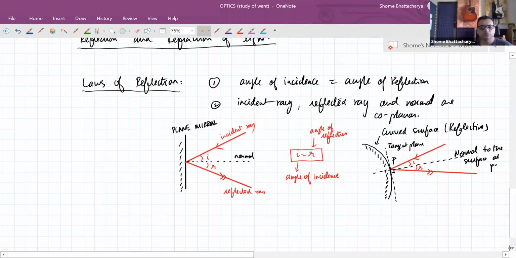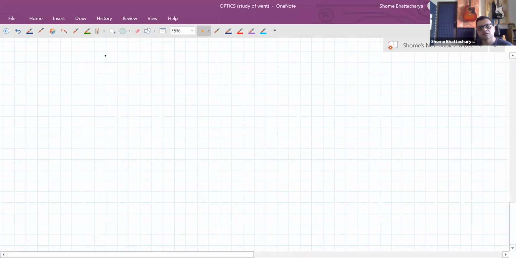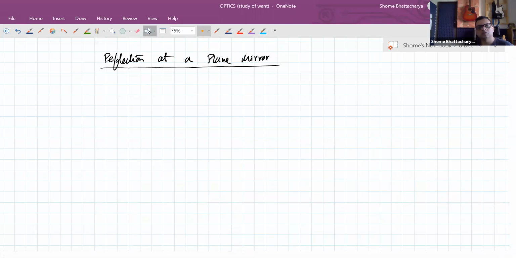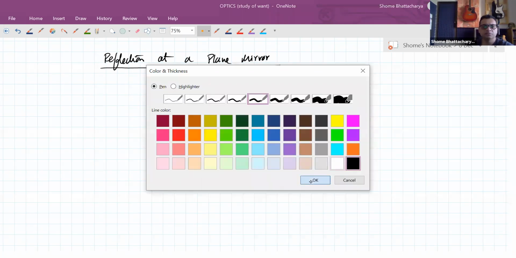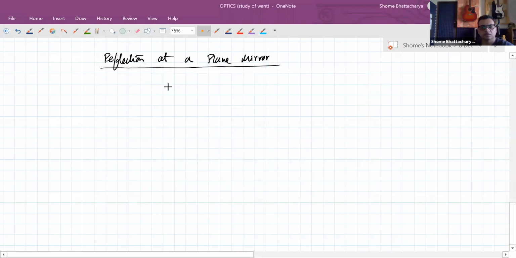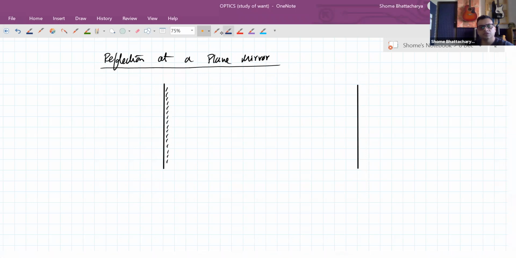Okay, so for example, when it comes to reflection at a plane surface, you know that any point object, its reflection becomes a point image which is behind the mirror at the same distance. So for example, if we have a point object,